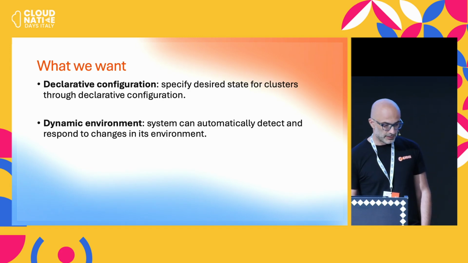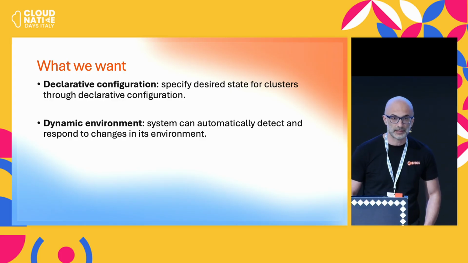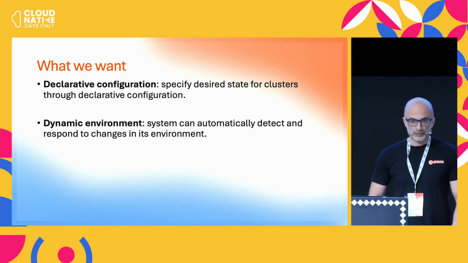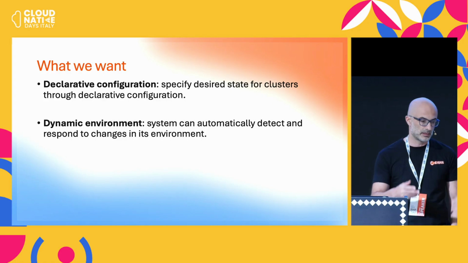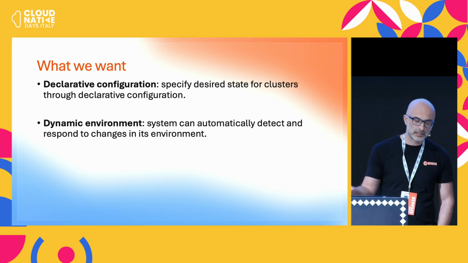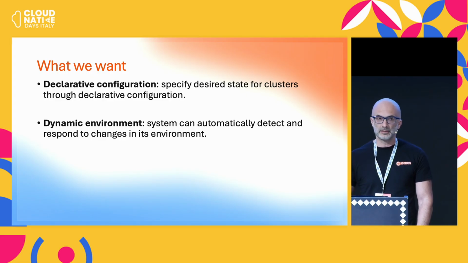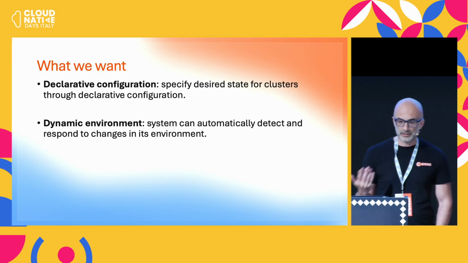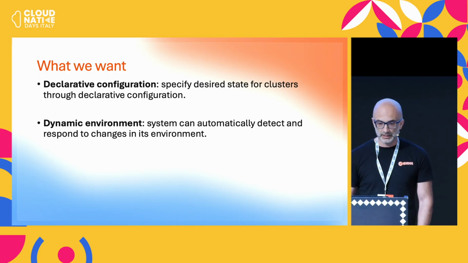So if we think about Kubernetes, one of the things that I really like is that we can easily express what we want, and then Kubernetes and the set of controllers deployed on the cluster make it happen. If I want a deployment with 3 replicas, I just create a deployment. I set replicas to 3, and then the deployment controller creates the replica set, and the replica controller creates 3 pods. And if one of those pods goes down, the replica controller is smart enough to detect that and creates another pod. So Kubernetes and its controllers keep working toward making sure that my intent